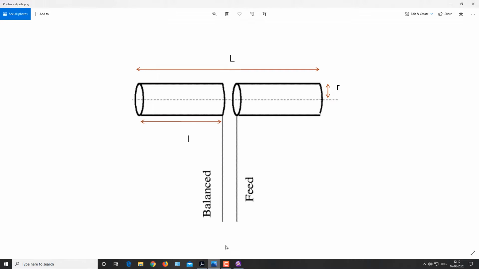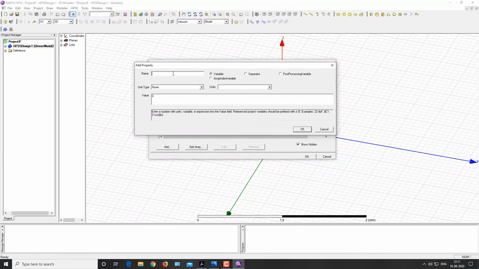My equations will be: first of all I have to calculate the lambda, then the total length, then the radius, then the length of one arm, then the gap between these two. Okay, so define all the parameters one by one by clicking add. So I am defining lambda.